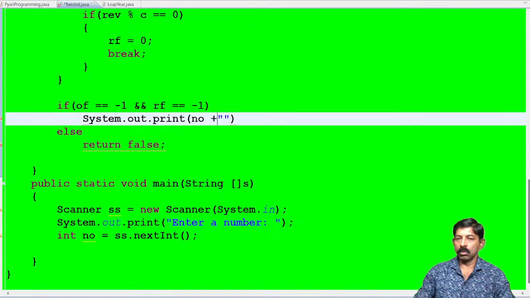I will say no is a, not no, I think, or is a twisted prime number,